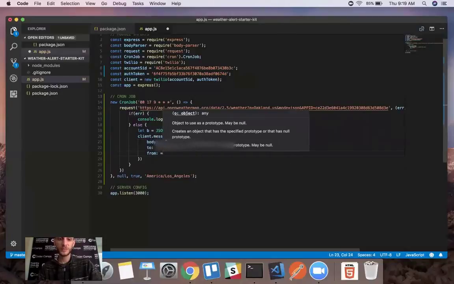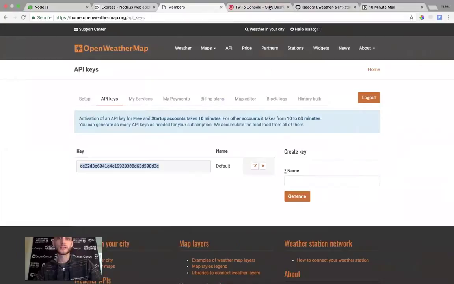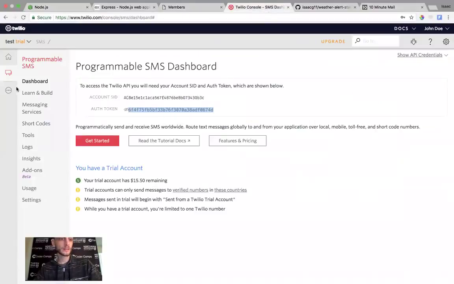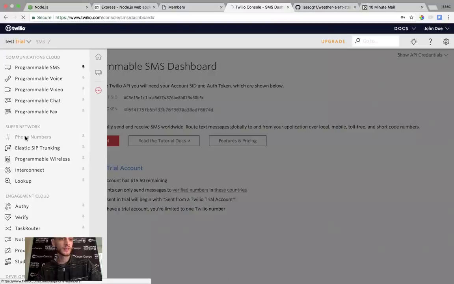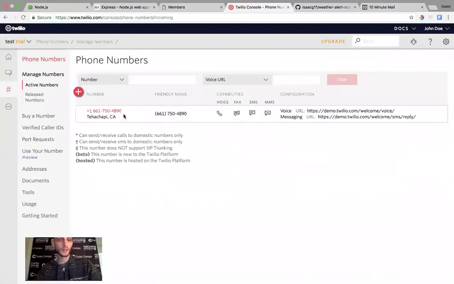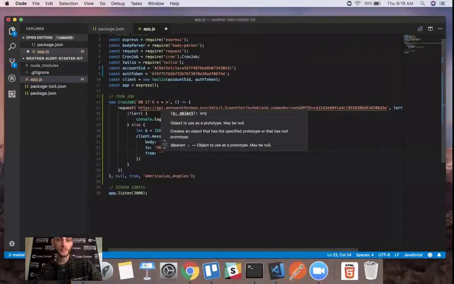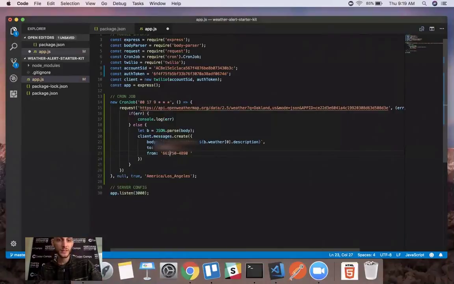Let's go ahead and go back to our Twilio account, and let's grab the number here. And as you can see, it's this simple setup here. So I'll pass that in, and we just need to get rid of the dashes here. Doesn't need any of those. Okay, so each day it should make a request to this endpoint, and it should text us that information from